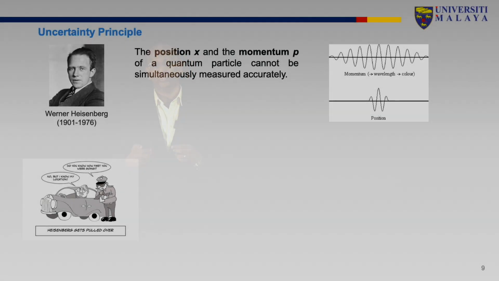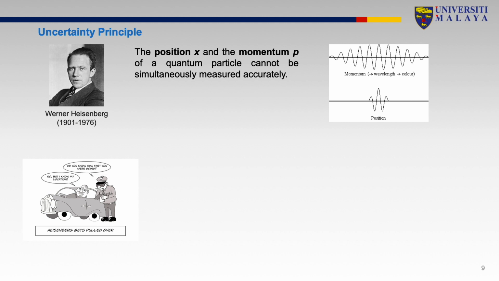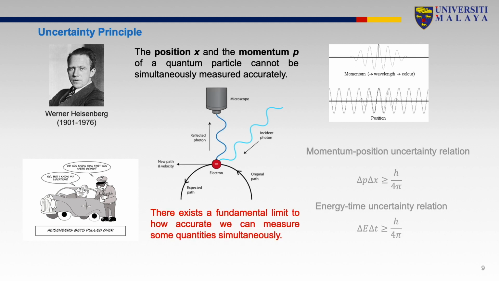The next experiments prove that particles also exhibit uncertainty principles. In this case, when you observe a quantum particle, it is disturbed. Just like human beings, when you keep staring at people, people will behave differently. So this is observed in quantum particles. Therefore, the quantum particle loses the precision of its behavior. For example, when you observe the particle precisely in position, you probably will not be able to capture the momentum accurately. And this has been caricatured through cartoons and many stories that the proposer of this uncertainty principle, Werner Heisenberg,